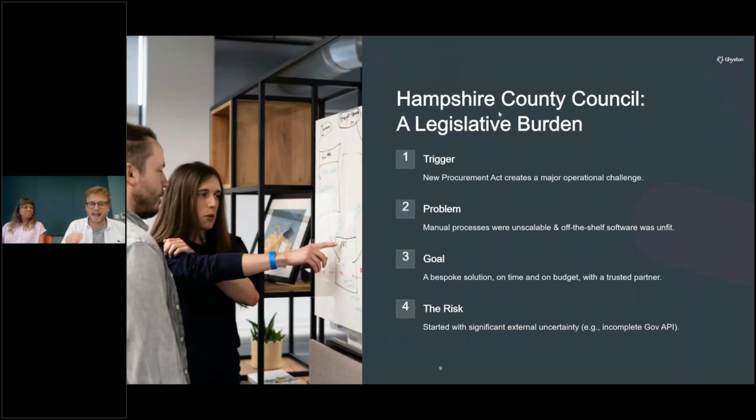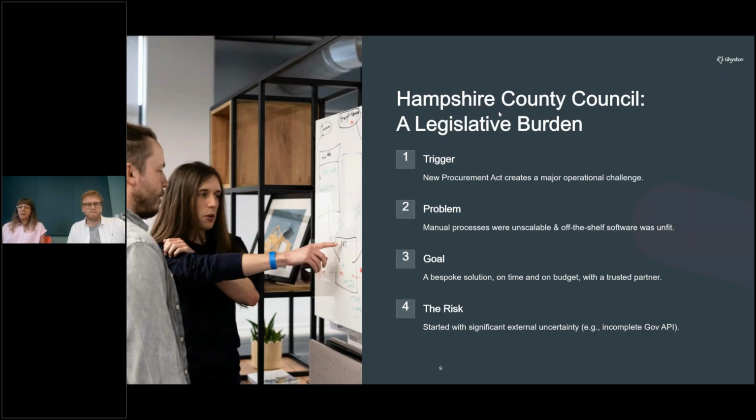I'm going to hand over to Annette. She's going to do a much deeper dive into what we're doing with Hampshire County Council, because one, it's current, it's a project that's going live at the moment, and two, I think it's really relevant for the people on the call. Thanks, Sam. Yes, so I've been working with Hampshire over the last few months on their project, which